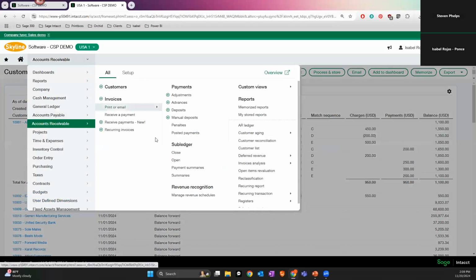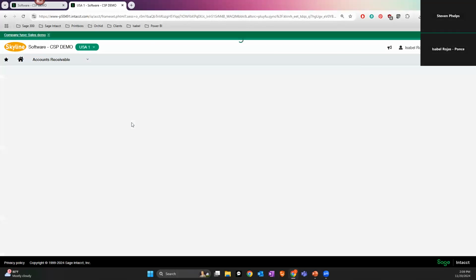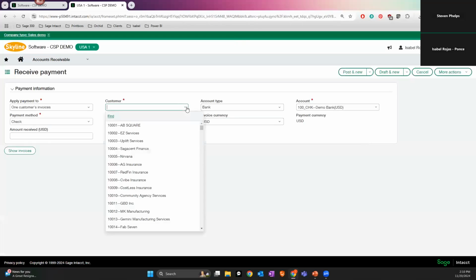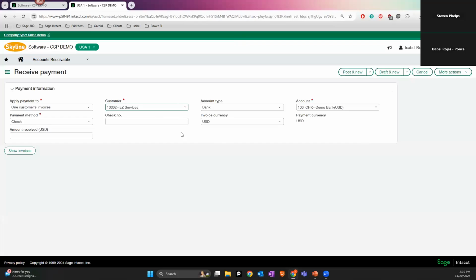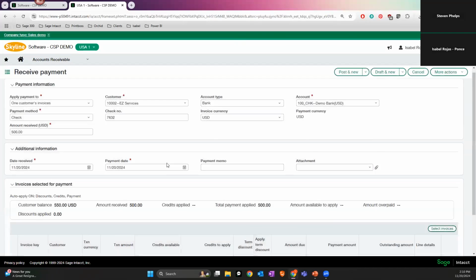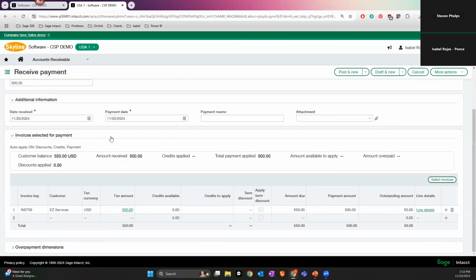But now let's say it's been a couple of weeks and we have received payment for that transaction, and we'll actually make it a partial payment. So the payment receipt process will remain the same. You'll select your bank account, enter a check number. Let's say we received, sure, let's just receive $500 against that. Because I only had one invoice in my system for that customer, I'm going to go ahead and apply that, and only $50 will remain. So now if I click on post to new,